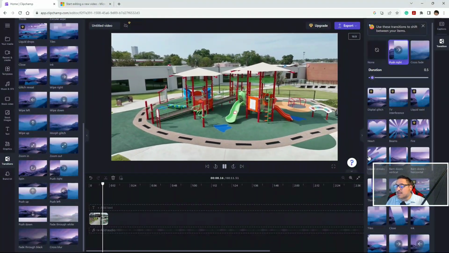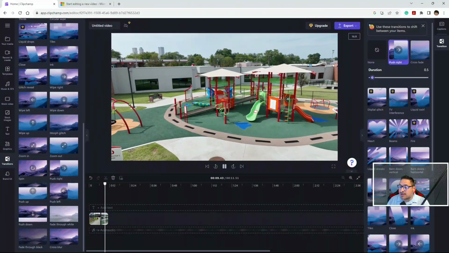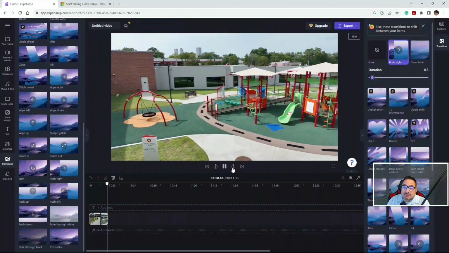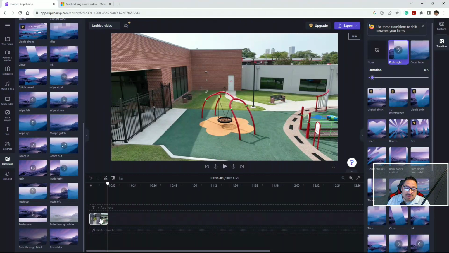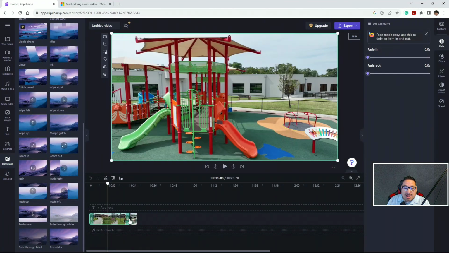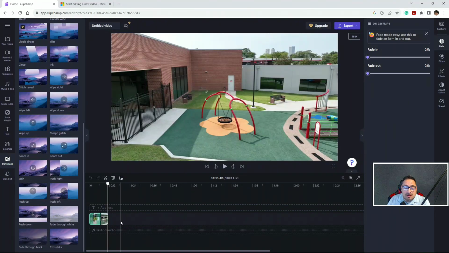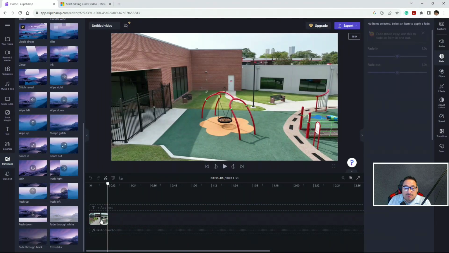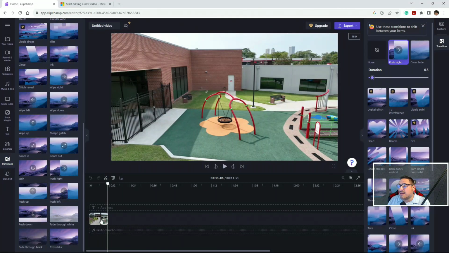Okay, so that was the transition. It wasn't really that good. Let's see if we can't fix that a second. See what happens if I click that. So you can make this timeline bigger, which is nothing more than a zoom. But let's just, so I clicked on that there,